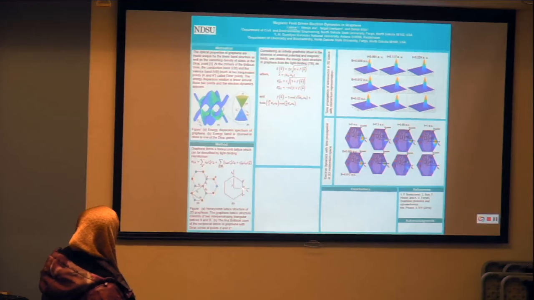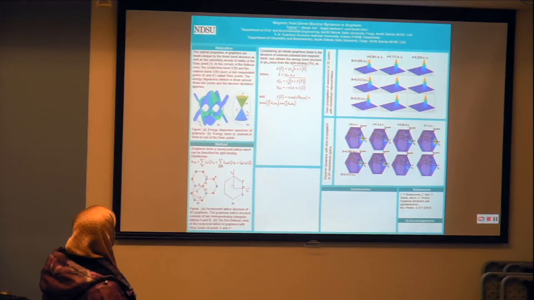And this is the unit cell in reciprocal space, which is calculated well. So at each corner, if we consider this one is K and this one is K prime, in between, in the middle, there is a point M. And at the center of this Brillouin zone is gamma.